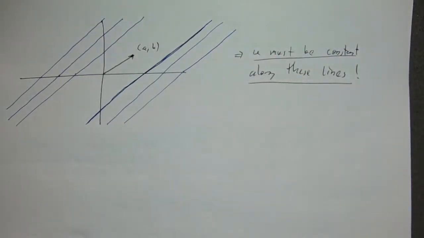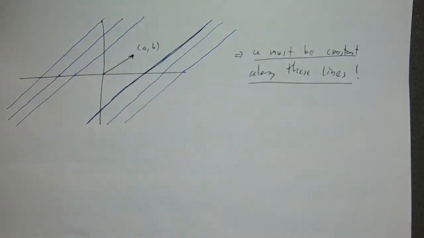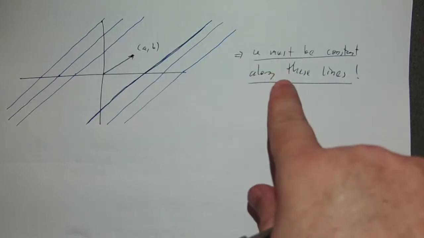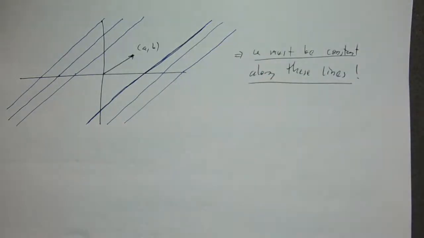And so we have lines in the plane. That is, we have curves in the plane, right? They're just very simple curves. So we have curves in the plane that specify the behavior of u along the entire curve,